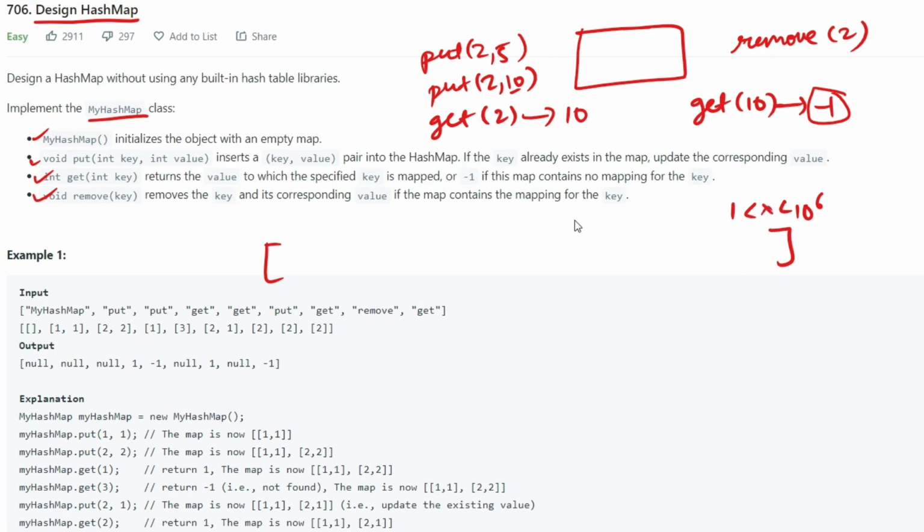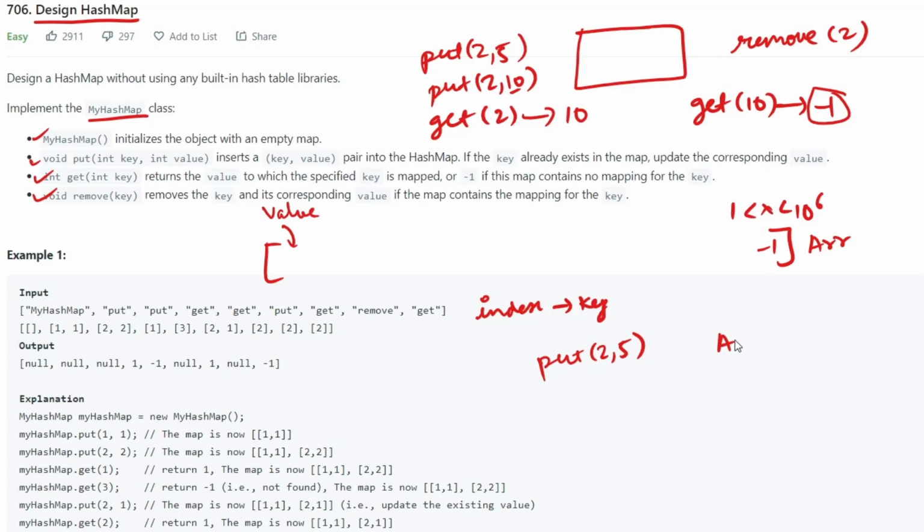We will use the indexes of the vector as the key, and the element as the value. Let's say I have to put 2 comma 5. I will initialize all values first as -1, so that I can check later.